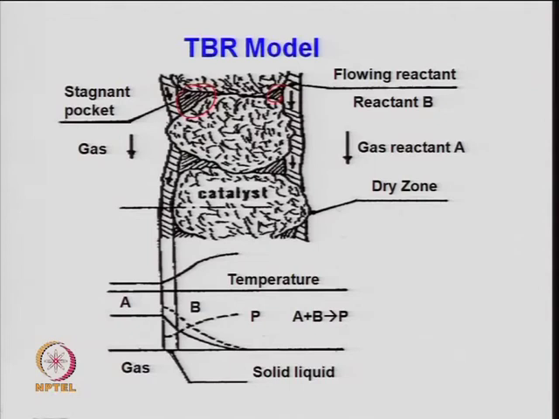the concentration of gas A in the liquid, and then it comes to the surface of the solid. So, again there is a chemical reaction. The concentration of gas will continuously drop, and B is already there, which we are assuming in larger amount. This is the dry zone where there is no liquid. So, the catalyst is not being properly utilized here.